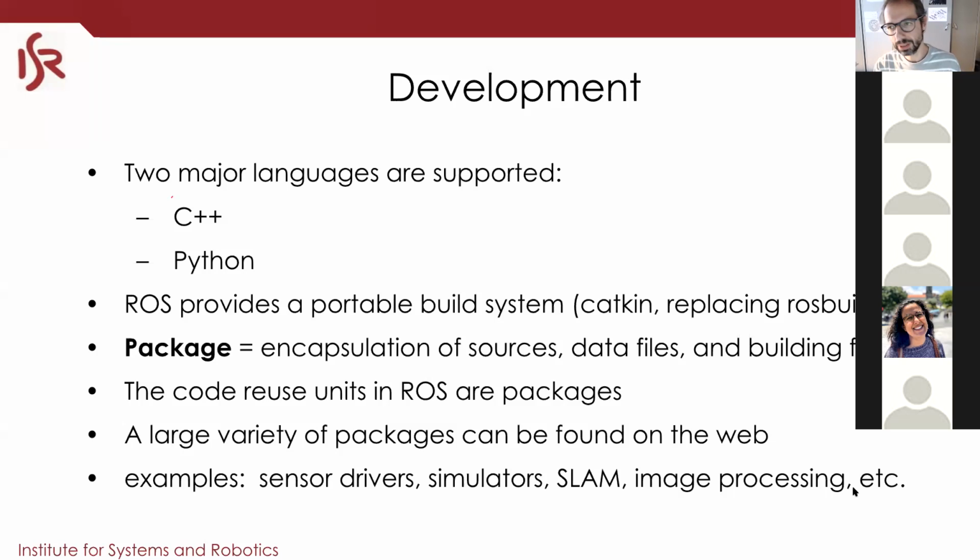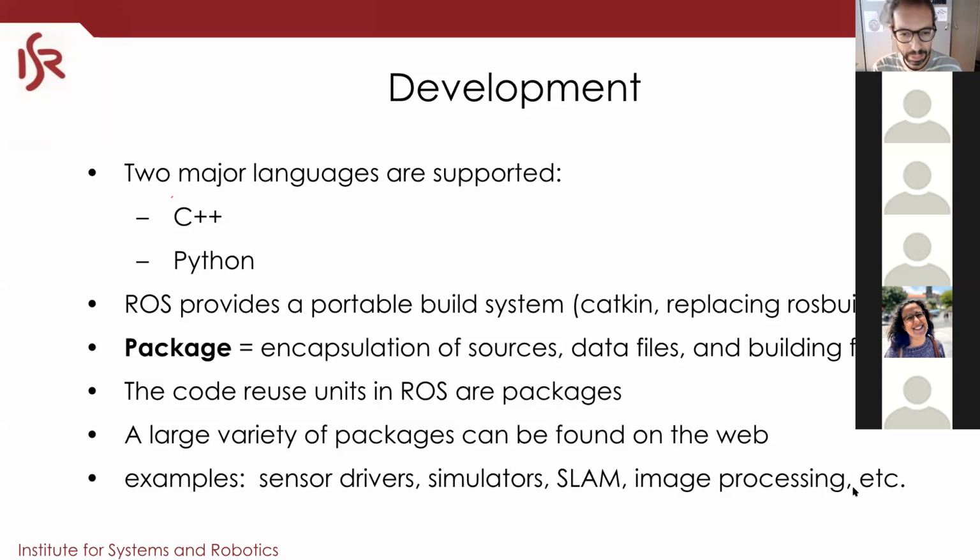What a build system does is that you don't need to write your own makefile. The build system is built on top of CMake, and it's very easy to create a CMake file for a ROS program, and then just compile it, and it automatically interacts with the ROS system. So it allows you to compile your program without getting into the messy parts of linking and compiling, all of that is taken care of for you, which is cool.